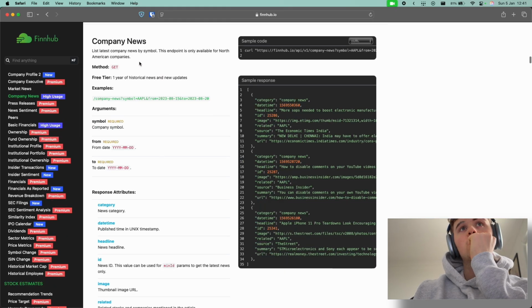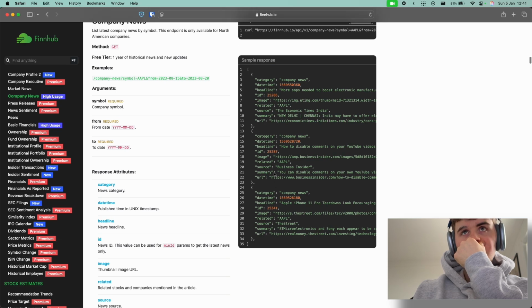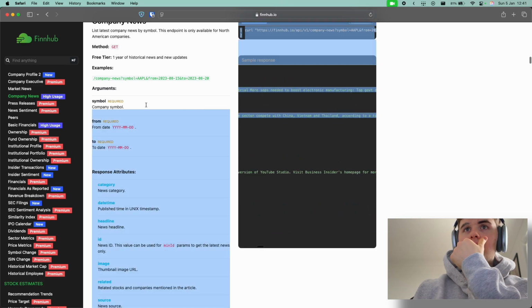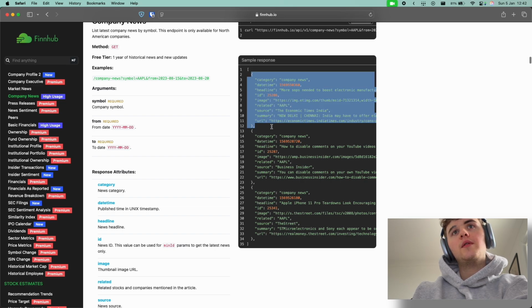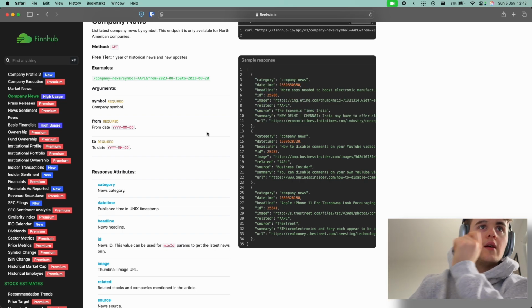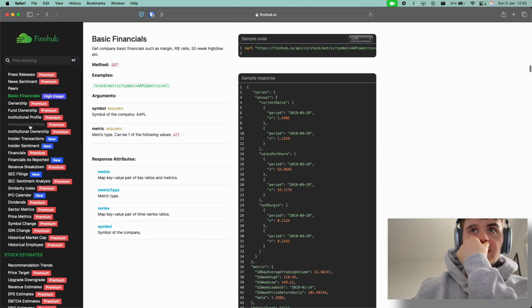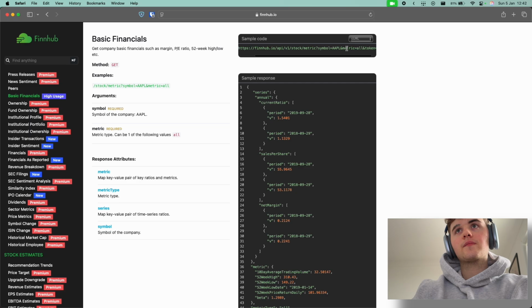Company news. Interesting. So unfortunately there's no positive or negative, so to figure out if this news is positive or negative, you would need to have an AI. So that's obviously not in this budget. Basic financials. See,